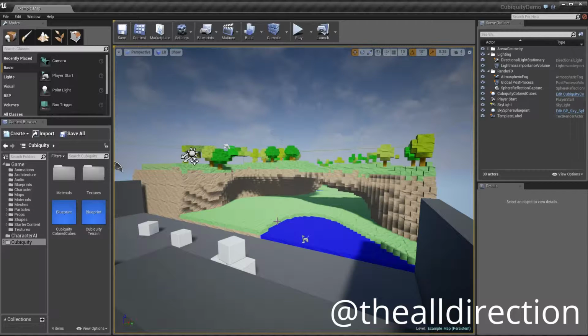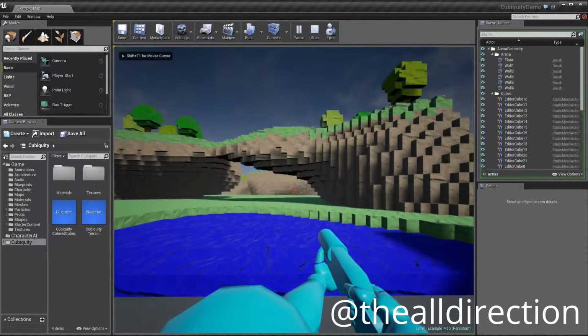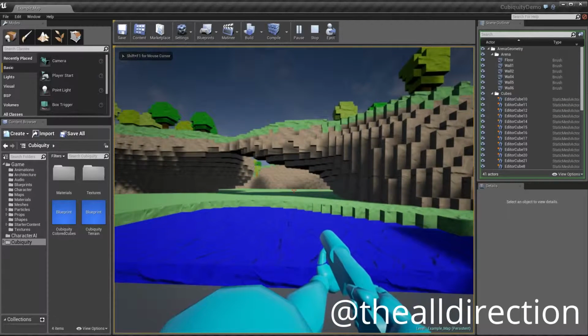To get both of the two different types of terrain working, I've done a lot of work in the underlying layers, trying to make the code as generic as possible and adaptable to any future feature additions I might like to make. So I'm going to jump into play in editor mode and show you how the coloured cubes terrain works. You probably saw briefly, as I loaded that, the sections of the terrain appeared